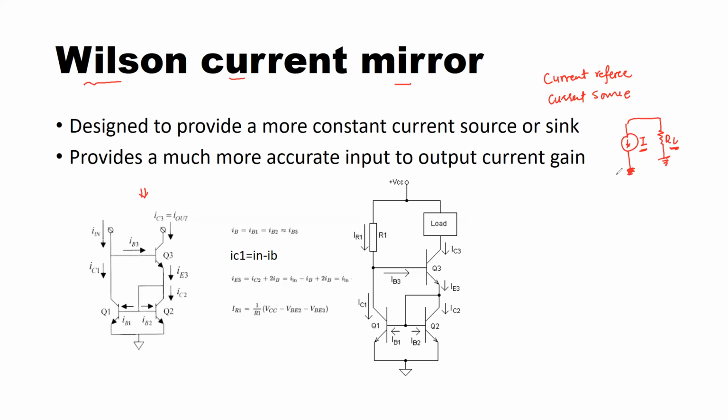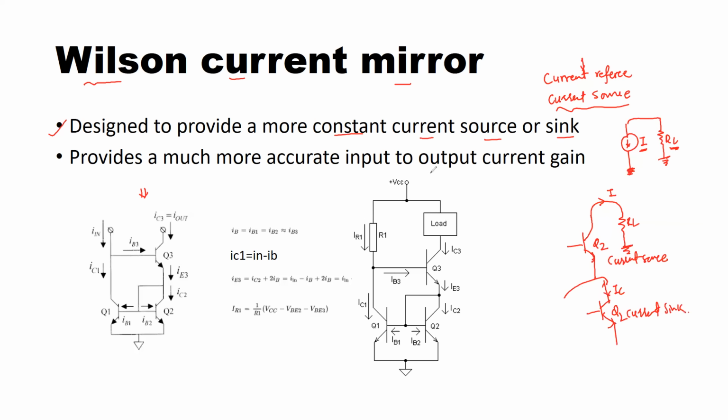That's why we need a reference current from which we make a copy of another current, and that current can be used as a current source. Now, the first point that you want to understand is that this Wilson current mirror is designed to provide a more constant current source or sink. If you recall from our previous discussion, we had this current mirror circuit, something like this,